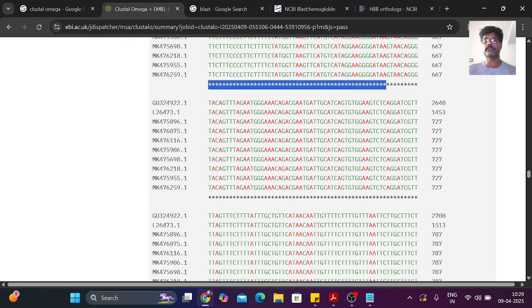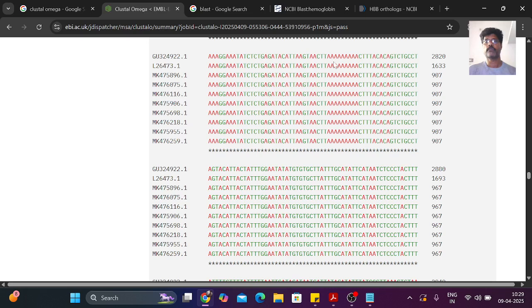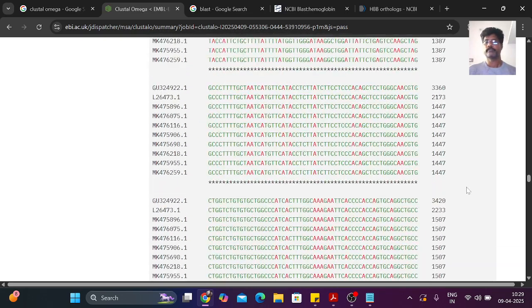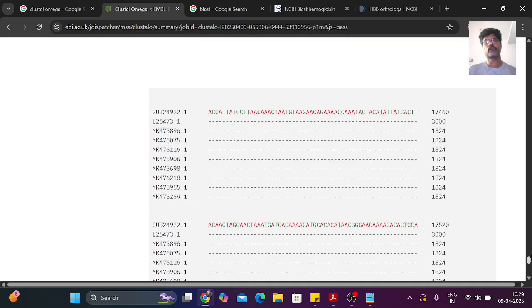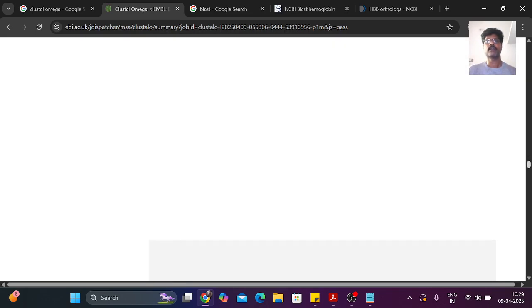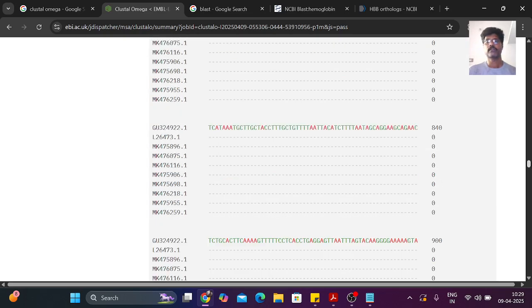And you have to see this also, whether it is 100% aligned or not. So this is how you can find how many adenines are there in that. This may be useful to find out the domains in the protein or genes, right? So like that you can just download, or take a snapshot and paste it as a result, and discuss what kind of